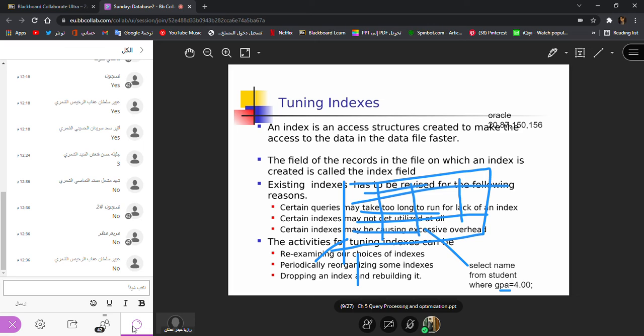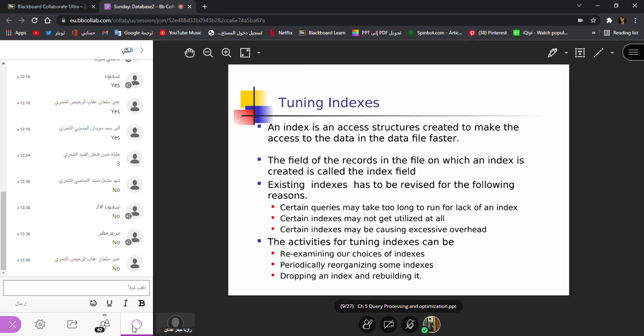For example, row 3 has the GPA 4, so it will tell you, okay, go to row 3, and like this you can quickly find all the rows where GPA is 4. So basically an index is an access structure where you give the address of the place where the actual data is. And why did we create it? In order to avoid complete scanning.